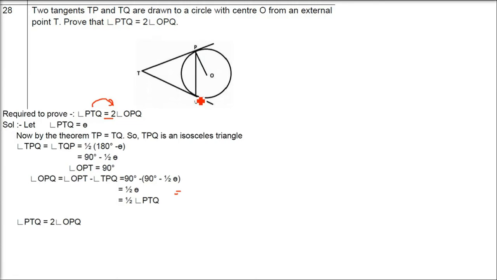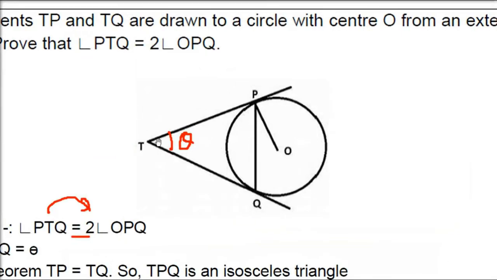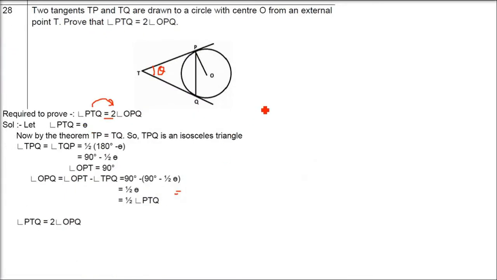There are two concepts we are going to use. This angle PTQ is theta. We start by saying that angle PTQ or QTP is equal to theta. When you draw tangents from a point to the circle, these tangents are equal. We have already seen this in an earlier question also. So PT and TQ are equal. So let me make a triangle first. I am making a triangle PTQ or QTP or TPQ, all are the same.